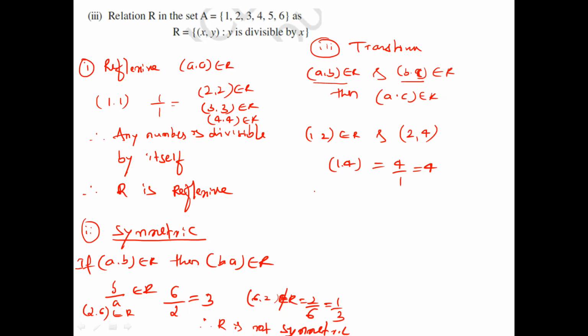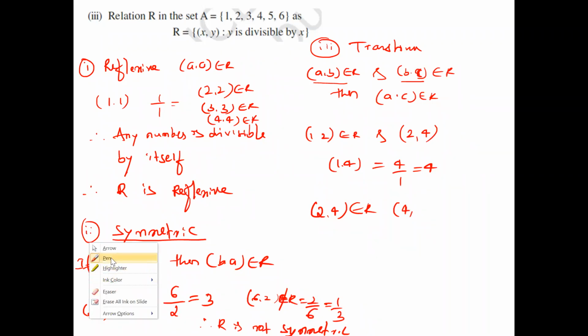What about if you take any other number? For example, I'll take here (2, 4). Okay. Here (2, 4) you can't take. If you take (2, 4), another pair does not exist. So you can't take (2, 4). Why? Because if (2, 4) exists, here I have to take the 4. After that, you can't take any other number.